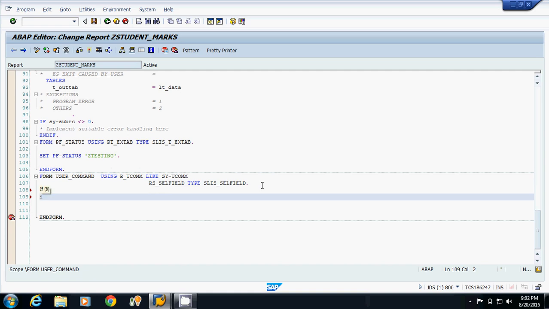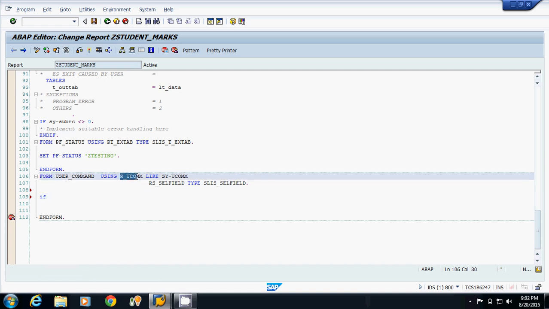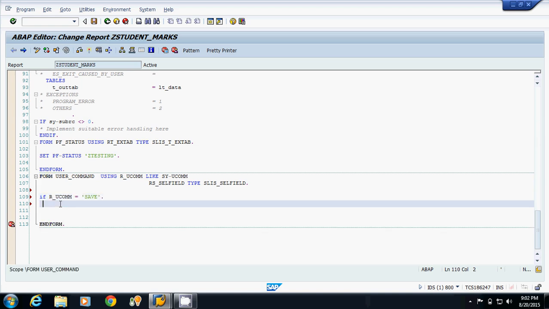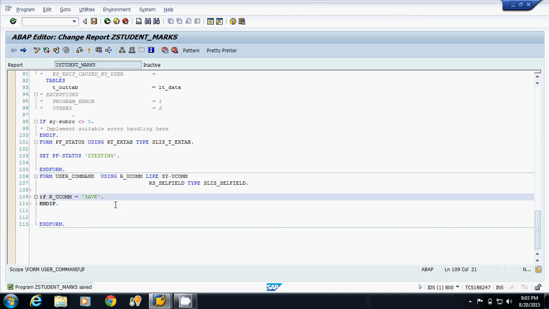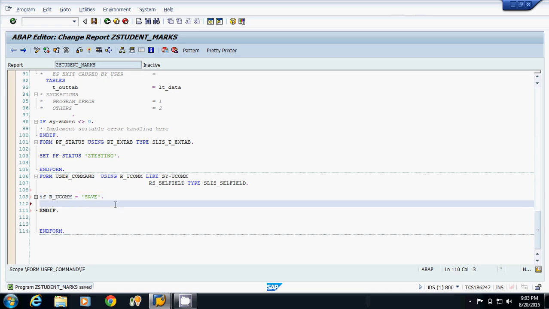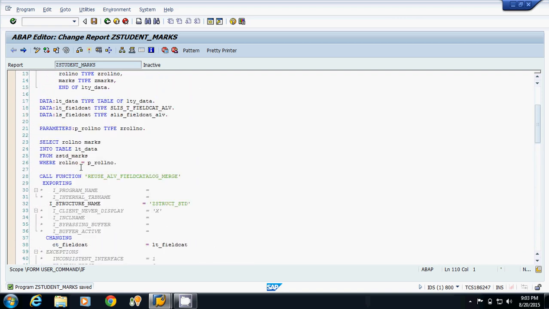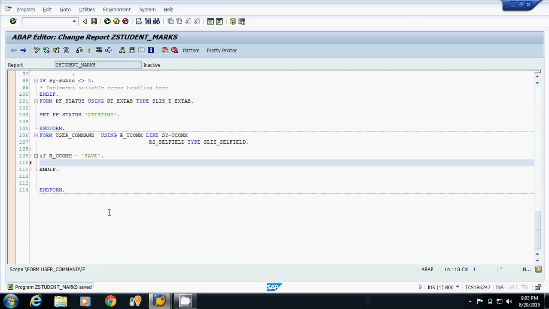I will write if r_ucom equals to save. So what you have to do, you have to save those marks into the database table. So I will read this internal table which has roll number and marks. I will read table lt_data into ls_data